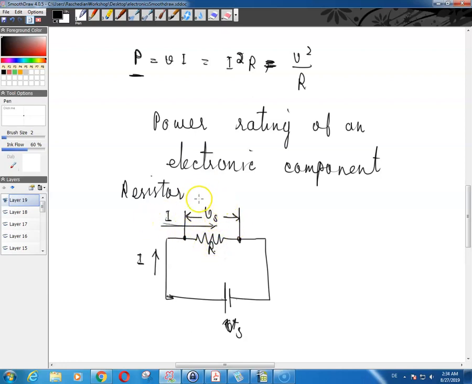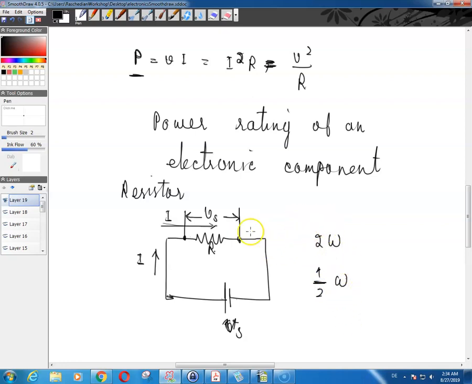As a result of this V of S being present on the two leads of your resistor, and the current going through your resistor, there is some power dissipated in your resistor. And for example, suppose that the power dissipated here is 2 watts. Now, if the power rating of your resistor, for example, is 1/2